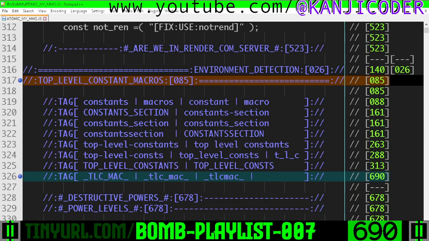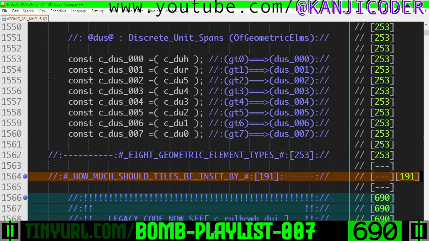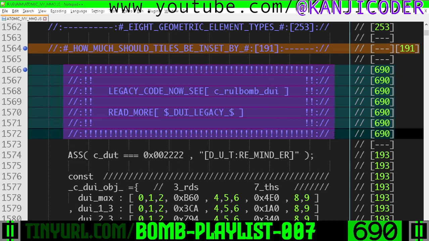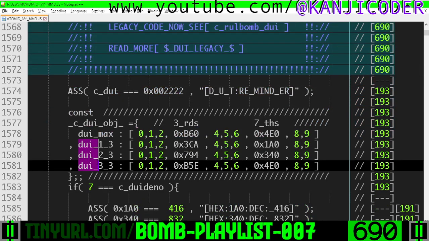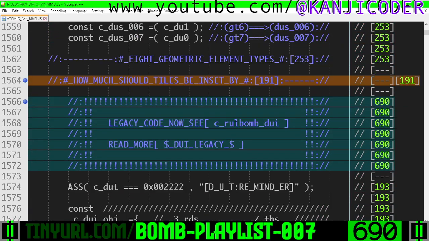Let's go down here. Top level constant macros. We added some more tags to find the section. And then in this random section of top level constants, I've added a little footnote saying that these discrete unit inset variables down here, we're going to avoid using them, and we're going to use CRULBOMB_DUI in any new shader. That's a rough note. There are some other more subtle things about that, but for the most part, we're going to use this when we're writing new code, and I'm just marking this as legacy code, but we're going to keep it because we're not touching any of the old shaders,